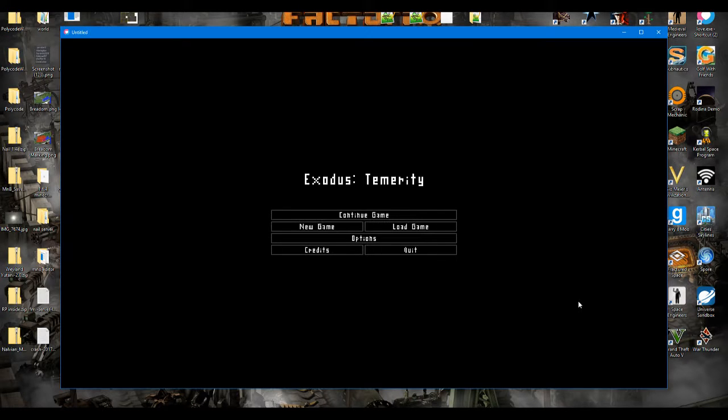Hello and welcome to another update video on the development of Exodus. Temerity is what I've decided to call the game. Yeah, a lot has changed. As you can see here, I've got the beginnings of the main menu screen, and this is actually quite a